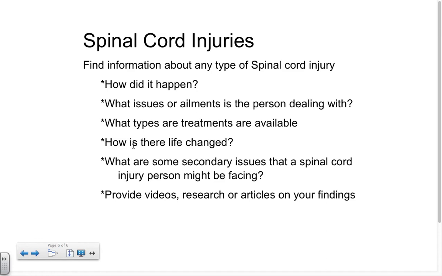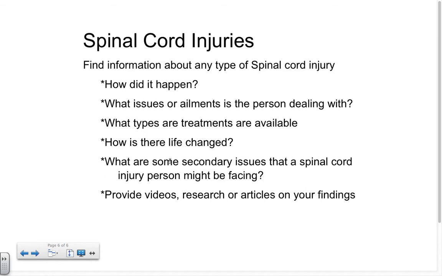How has their life changed? Can someone deal with a spinal cord injury? How would their lifestyle change? Do they have to change things? Does it change work? Does it change family dynamics? And then there are a lot of secondary issues, very similar to concussions, that a person may have to face. Are they dealing with depression, so to say, family issues, work issues, just general life issues? And can they live with a spinal cord injury? How long do people live with these? Does it shorten their